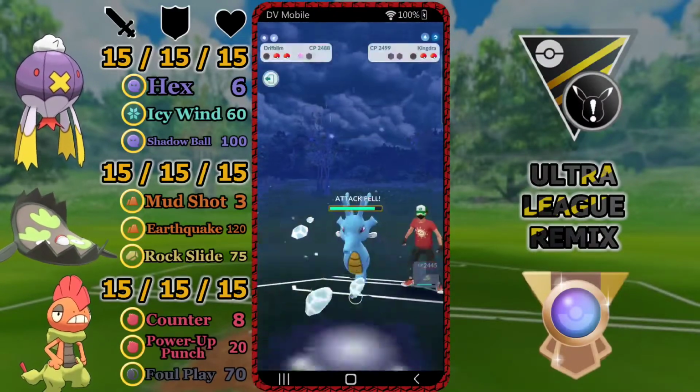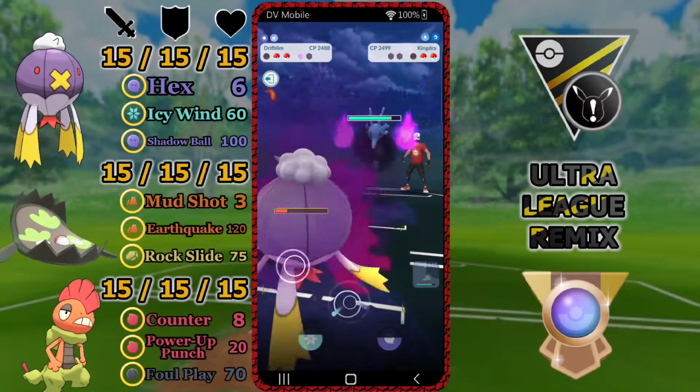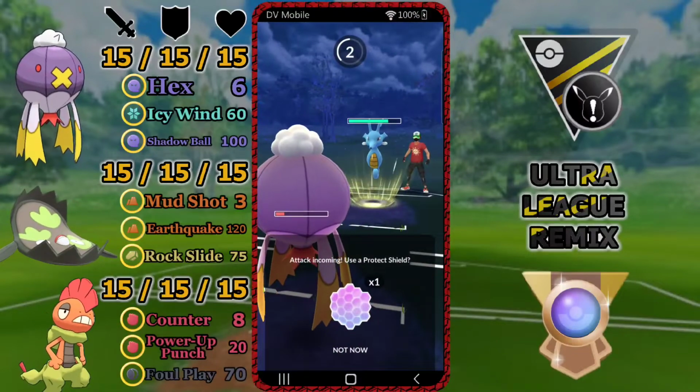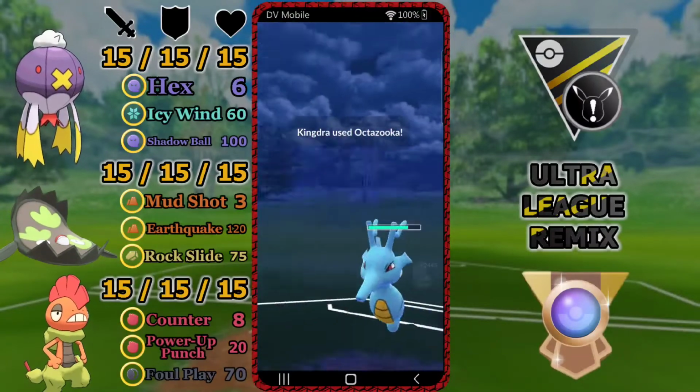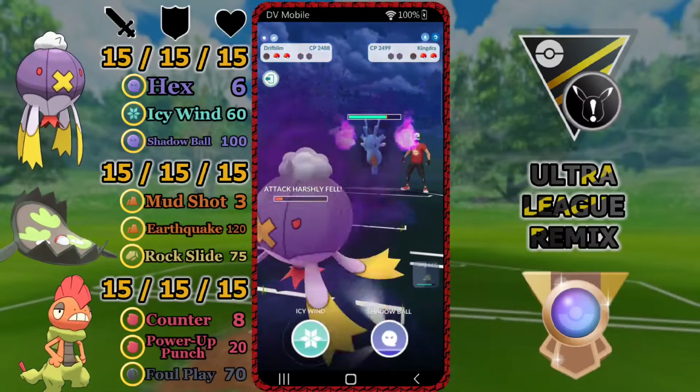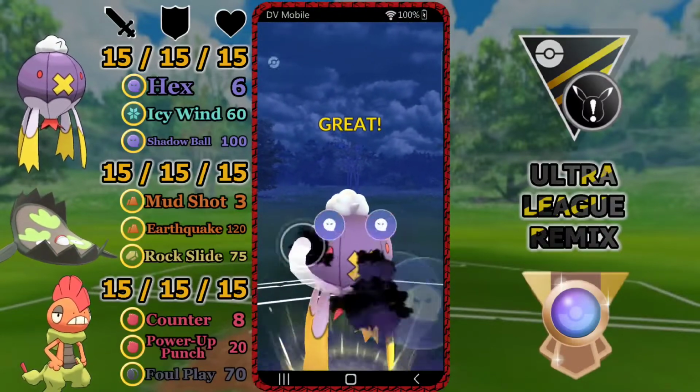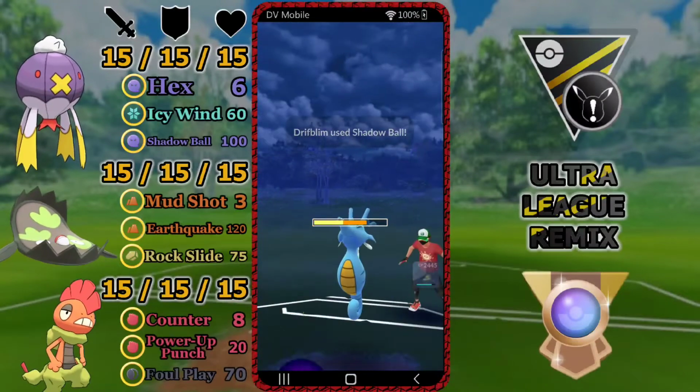I don't think we're going to shield anything that the Kingdra throws. We might do if we get close to a... we're very close to a Shadow Ball here, so it might be worth a shield. Bit of a gamble. We shouldn't get farmed down before we get to throw this move. Yeah, get the Shadow Ball. This is going to do monumental damage,